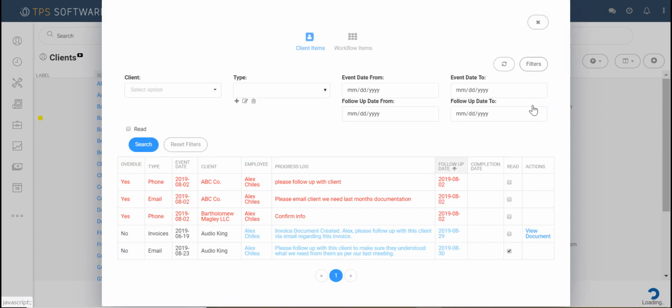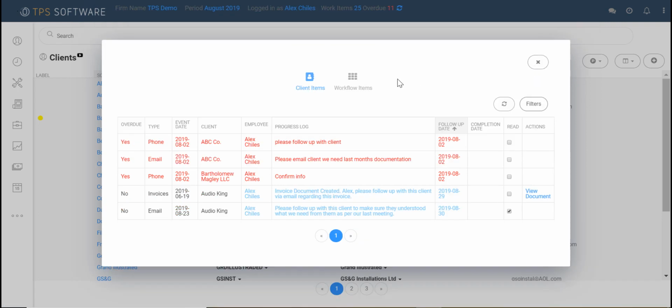Now my filters button in here allows me to filter for specific items. At some point you may have a lot of different things assigned to you and you want to look for only ones relating to maybe a specific client, or you want to look for a specific type, maybe just emails or phone calls or invoices. Or you want to check event date from to event date to, follow-up date from to follow-up date to, and then you would just click search as usual to filter for whatever you put in here. And then you can reset your filters, and I will close my filters now